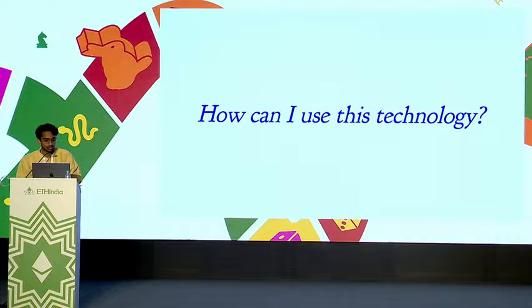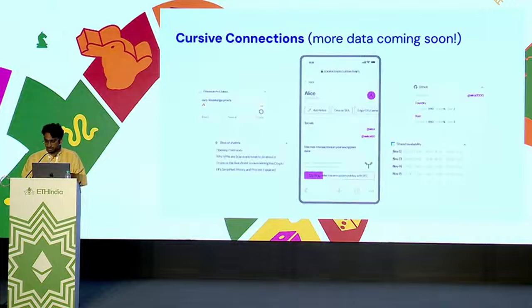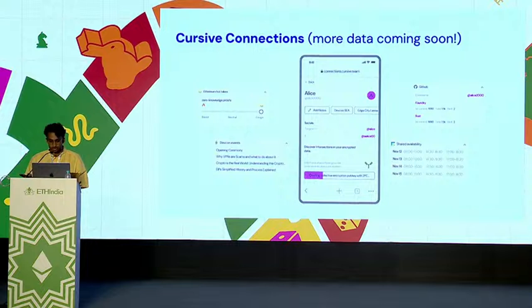Okay, how can you use this technology? In everyone's swag bags, there's actually an NFC chip, this green NFC chip. I don't have a photo here, I'm sorry. You can come by the booth for more questions, and you can actually try a bunch of this stuff. The NFC chip is basically just to set up your account and start building a social graph by tapping other people. You can then import data into this, and you can try a couple of different MPC-based experiences. The main one is private set intersection, but also some small queries on your social graph.